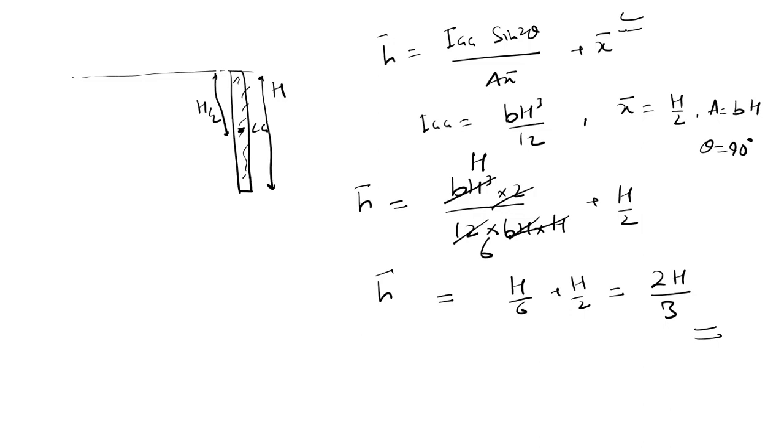So now we came to know that we need to know this moment of inertia, right? For a square or rectangle, we easily know BH cube by 12. But if it is a circle or a semicircle, how do we solve it? So I'll give you some tips. You solve it at home by yourself. Okay, these are the homework for you.